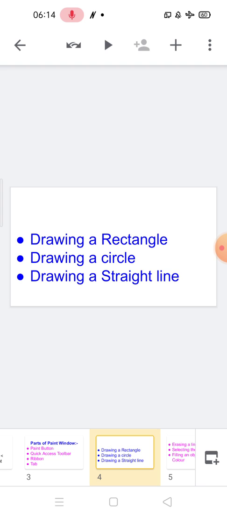Then move the mouse pointer to the drawing area. Then the pointer changes into a plus sign. Now you have to hold down the left mouse button and drag the mouse to draw a rectangle. Then in the end, release the mouse button when the rectangle is drawn.